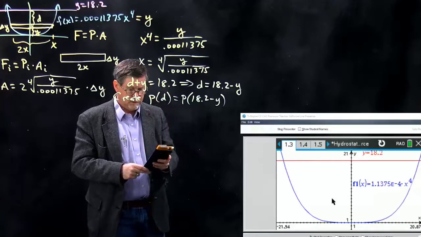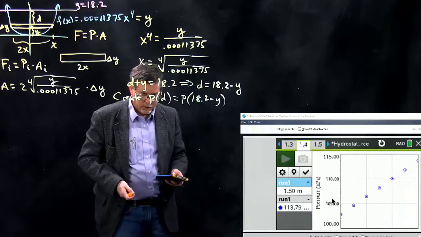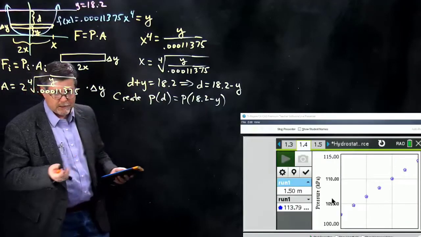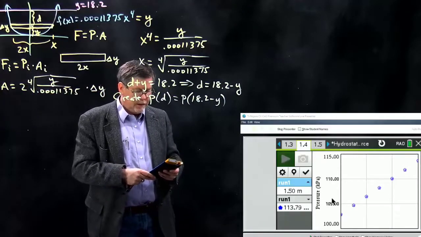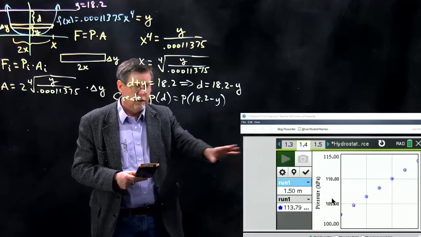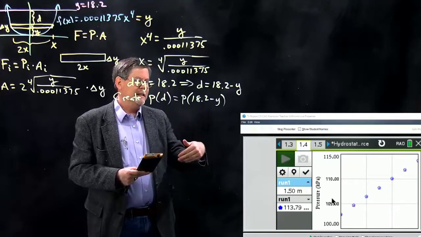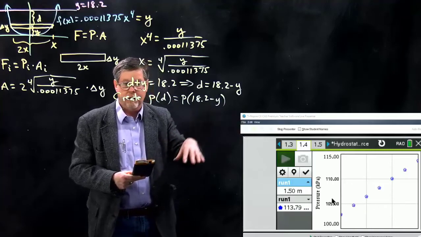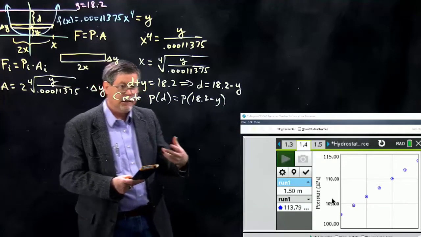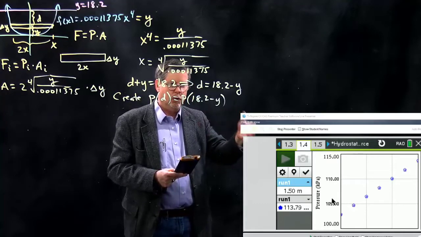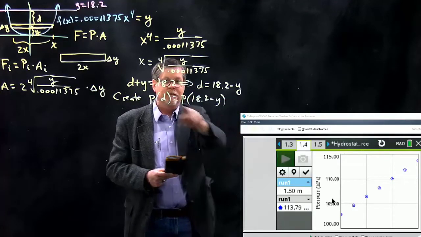Sorry, put my glasses on here. And the data looks something like this. Your data may slightly vary, but it was a nice linear fit. Now, within the DataQuest app, we could actually do a regression here. The thing is, inside this app, it's not exactly connected to the rest of the features of the calculator. So we're going to actually do it inside the spreadsheet or the calculator page so we can define it and